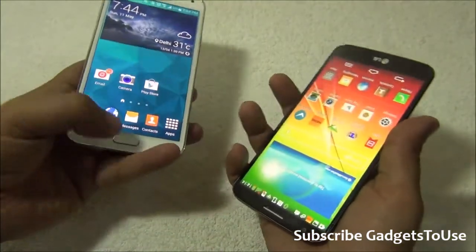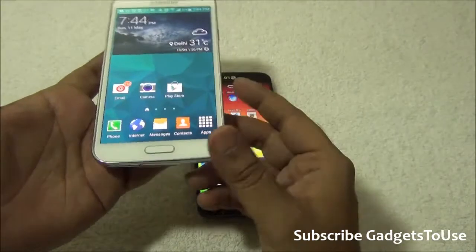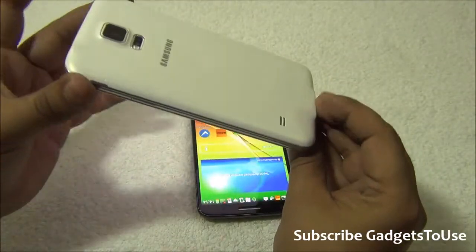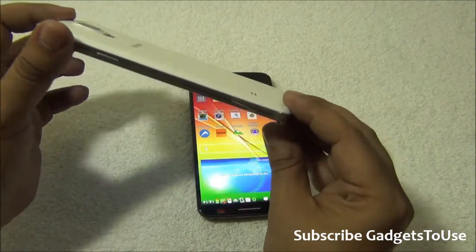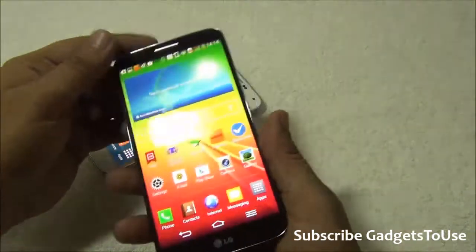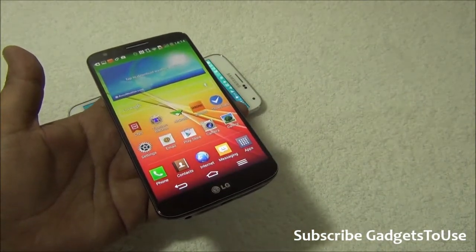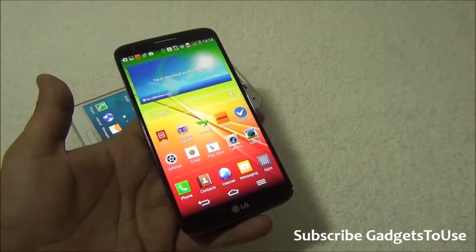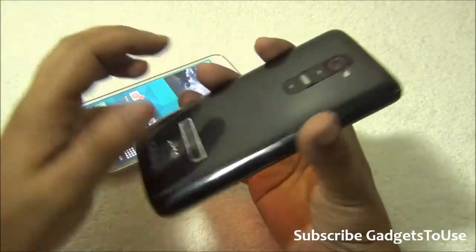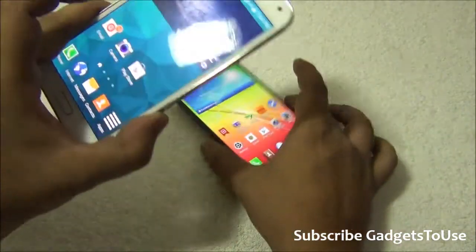One thing which is different on the Samsung Galaxy S5, which is actually an added advantage, is that you get an IP67 certification, and this device can actually work inside water. The camera can work inside water as well, whereas on LG G2 you do not have that kind of certification. However, the LG G3 will definitely have that kind of certification. That is something, as per the news and sources which tell us that LG G3 will have the water certification. That means you can actually use the LG G3 inside water as well, whereas the Samsung Galaxy S5